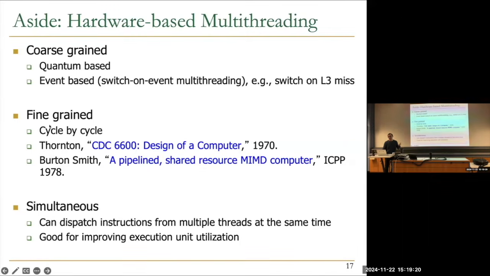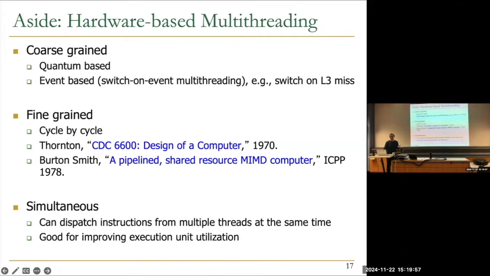Simultaneous is, I guess, somewhat similar to fine-grained. You have hardware thread context, but you don't switch to another thread every cycle. You just keep executing from different threads concurrently. You may fetch from the threads every other cycle, but instructions from different threads are everywhere in the pipeline. Whereas fine-grained means only one instruction can be from a given thread in the entire pipeline. Right? So different threads occupy different parts of the pipeline. Whereas here, with simultaneous, everything can be simultaneous in the pipeline.